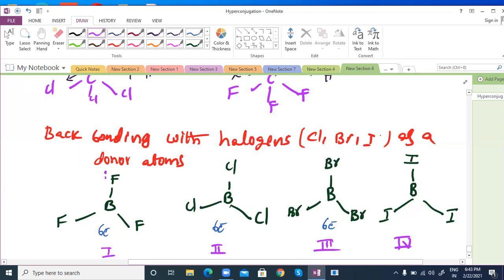But fluorine has lone pairs of electrons. Fluorine can donate electrons easily to boron. Here also they have 3 lone pairs of electrons, and also back bonding. So in all of the halogens, they have 3 lone pairs. But which is the more effective back bonding? That's the thing here. More effective will be maybe with iodine. I'm not sure.